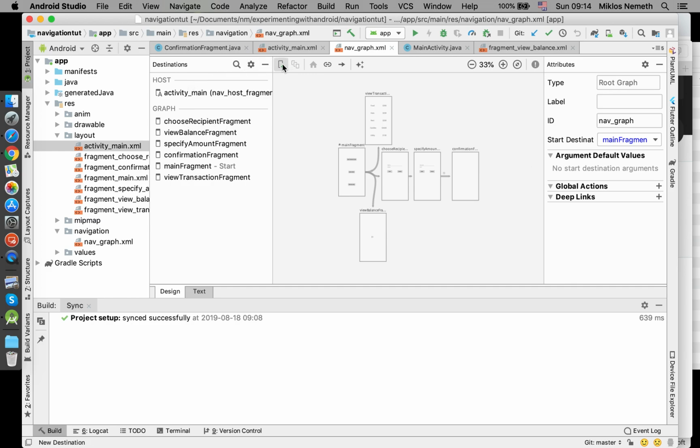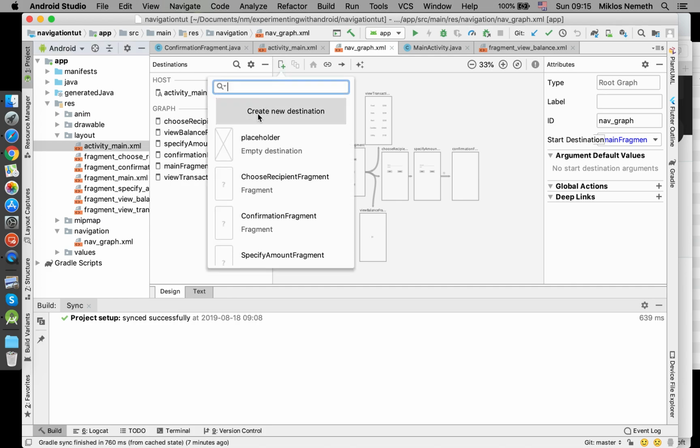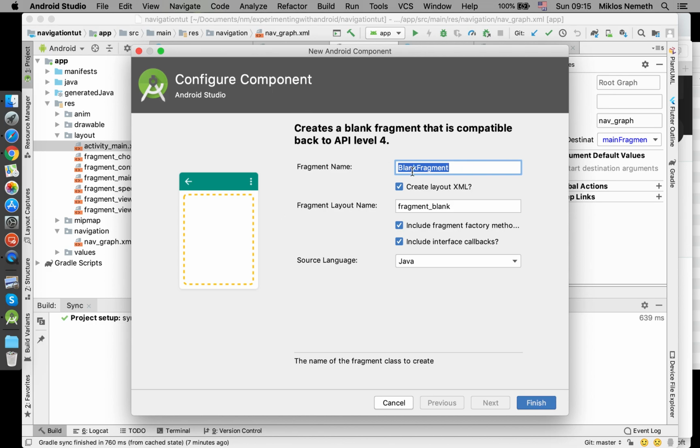When you are done with the definition of the host, what you should do is first create an empty navigation graph, and then in your activity main you just add this nav host, and then it automatically detects that you have a navigation graph already and configures accordingly. And then with this button you always have the option new destination, which creates a new